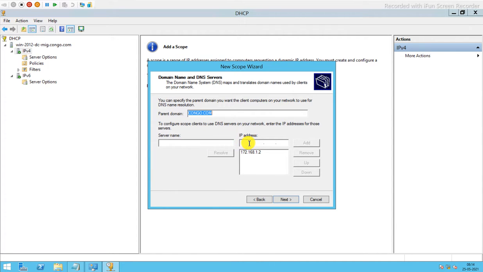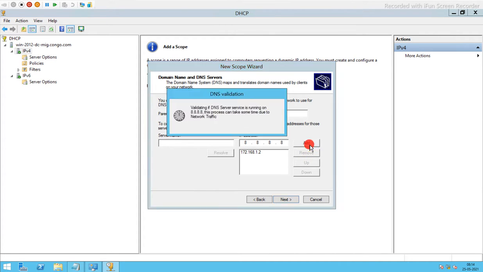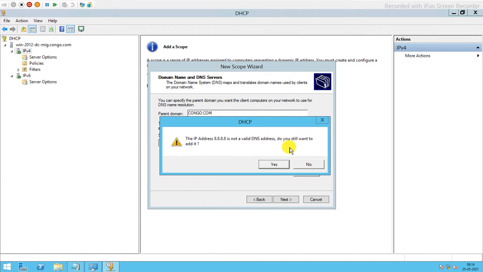Here we can add a public DNS server like 8.8.8.8 for internet access. That is not an issue, because many vendors provide public IP addresses for internet access. So in the DNS we will add it.